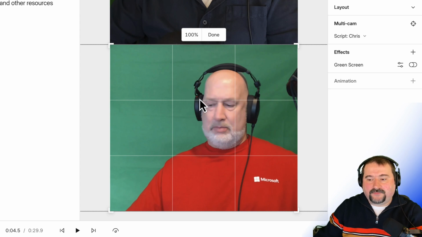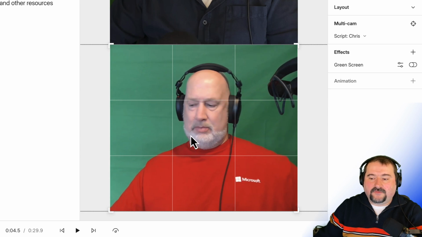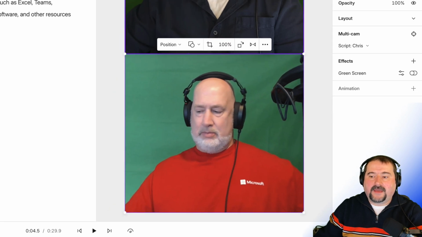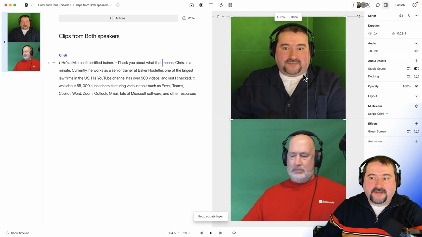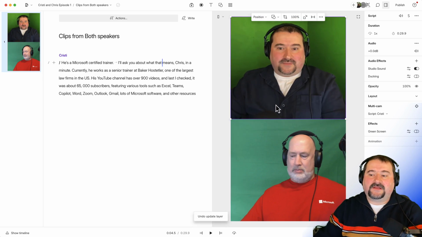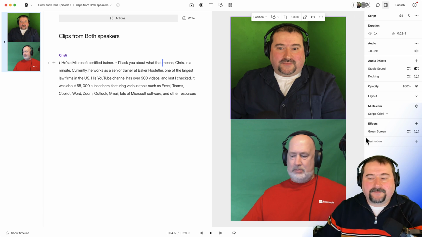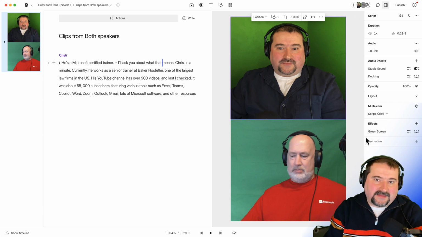You are in crop mode when you see this grid. Click to move him like this and center him. And maybe mine as well. Look, again, a bug. Double click on the crop and move myself a little bit to the left. There you go. Layout showing top and bottom from the same sequence.